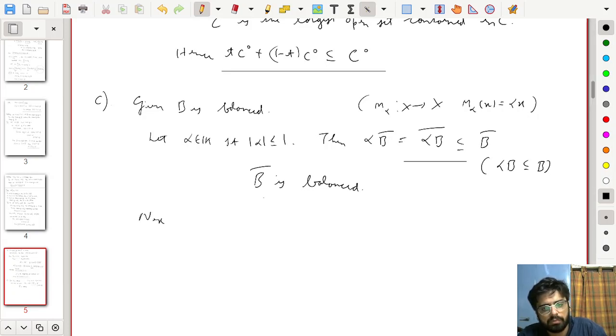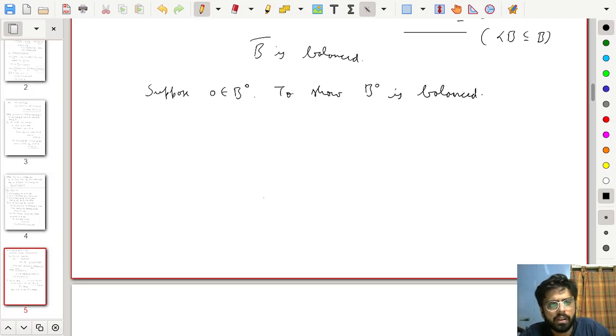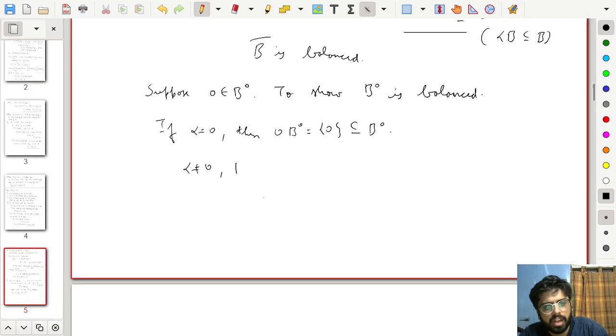Next, suppose 0 belongs to B interior. To show B interior is balanced, right? To show B interior is balanced. If alpha equal to 0, then 0 times B interior is nothing but singleton 0, which is contained in B interior, nothing to prove. If alpha is non-zero and mod alpha is less than or equal to 1, alpha belonging to K, then alpha times B interior is again